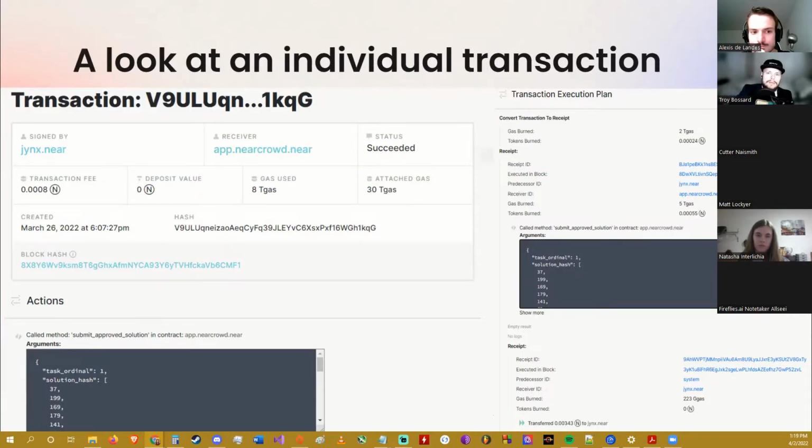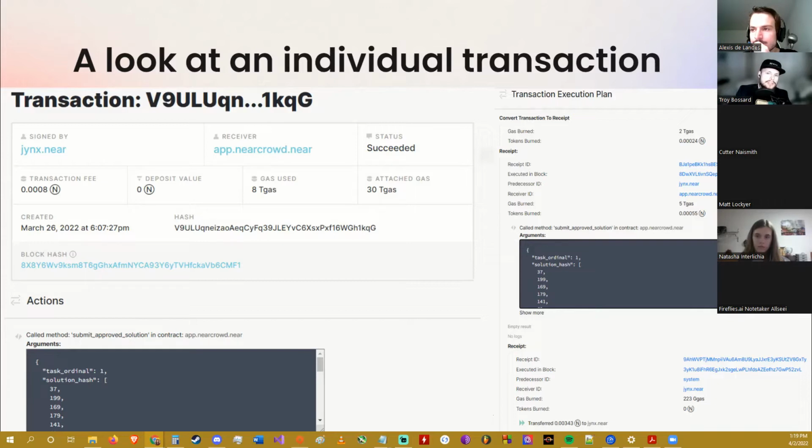So here we have a transaction that I randomly pulled from the Transaction Explorer whenever I was putting this together. Thought it would be fun to take a look at. It contains information about the signer, the receiver, the transaction gas fees, the gas attached and burnt, the block hash, and even the argument that was passed to the contract call, which is what the transaction consisted of in this case. If you look at the receiver ID, you can see that the call is made to something called NearCrowd,